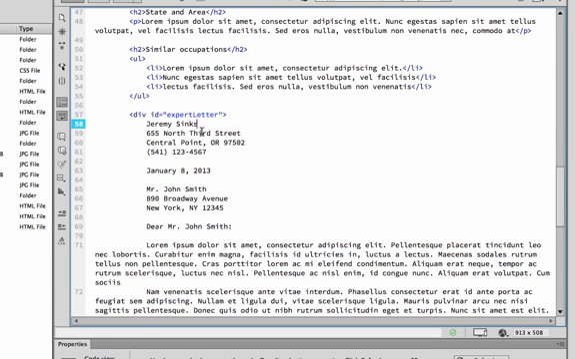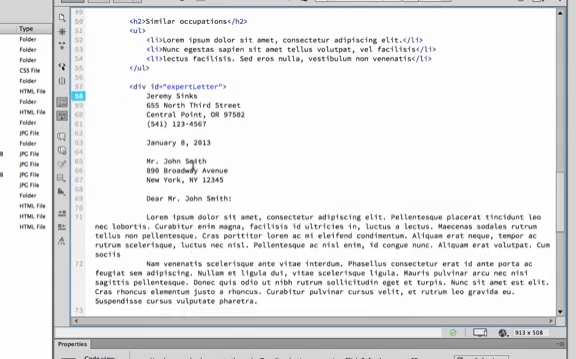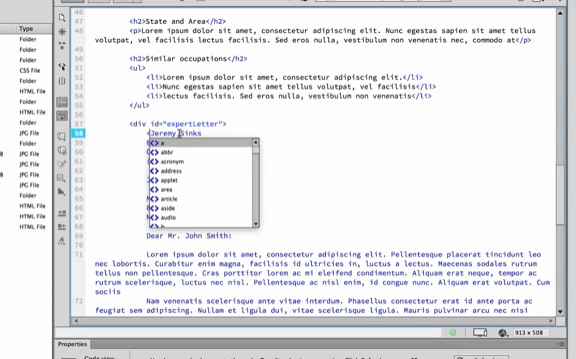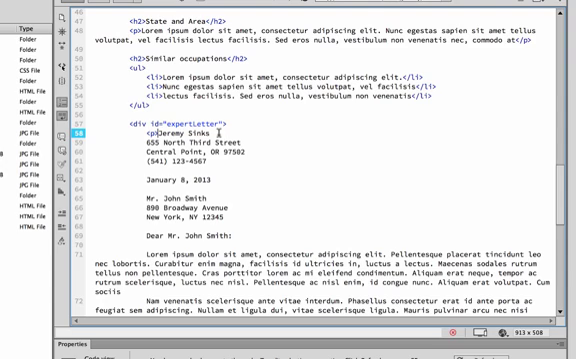Next, I need to add paragraphs to each one of these, and break tags to each one of these lines. So the first one I'm going to do is put a paragraph tag on my address. So paragraph, and then after each one of these lines in my address, I'm going to use a break tag